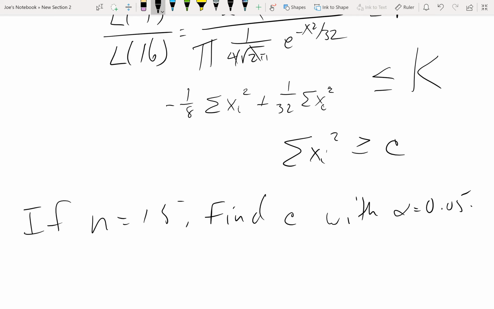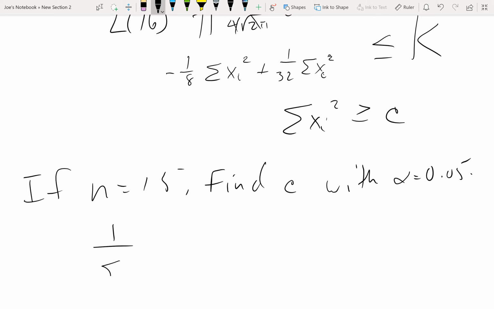We agree? Okay. So I want this to be equal to 0.05. Well, what kind of random variable was x again? Normal, right? When you square a normal, what kind do you get? Chi-squared, right? So to get chi-squared, I have to make sure I divide by the variance, right? So we know that